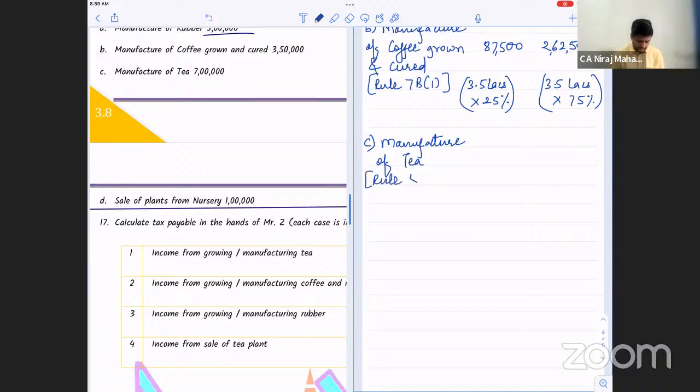Rule 8, I think, correct? 60-40. Correct, everybody? So 40%, which will be your business income. 40% of 7 lakhs, I'm writing. And your 60% of 7 lakhs, 28. So 2 lakh 80,000. And 7 6 42 is 4 lakh 20,000. Right, all of you?